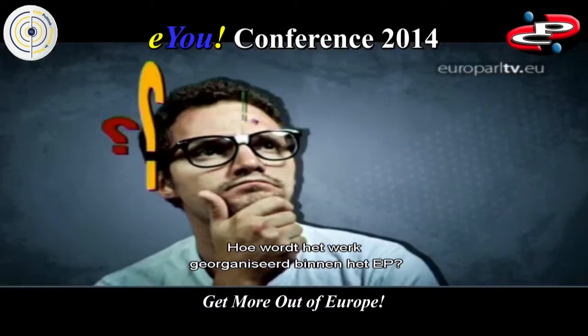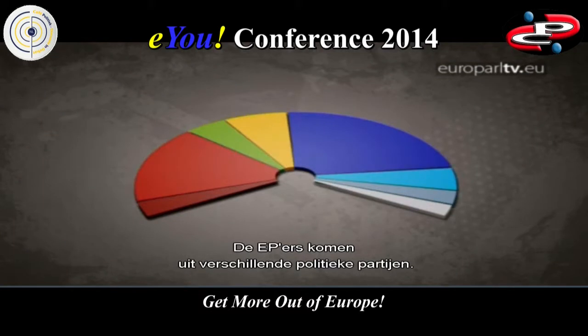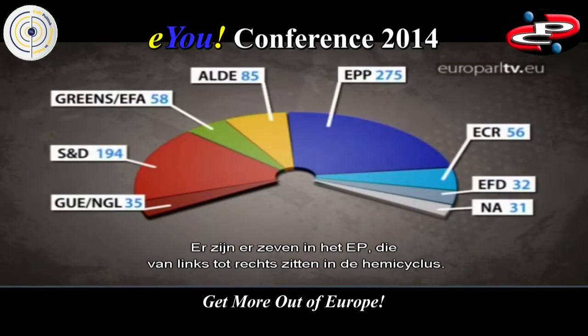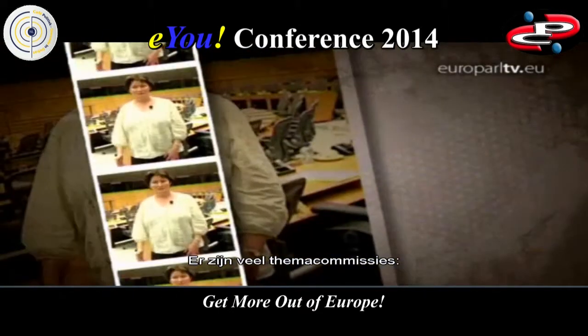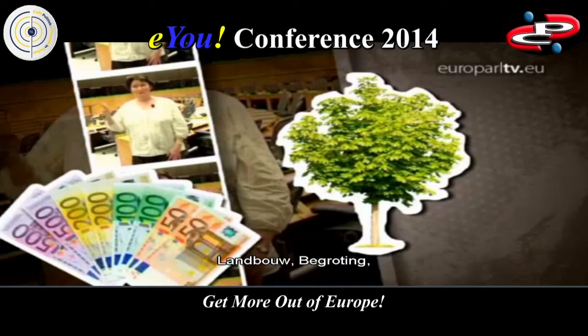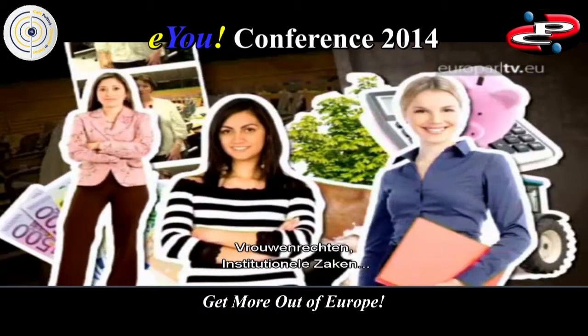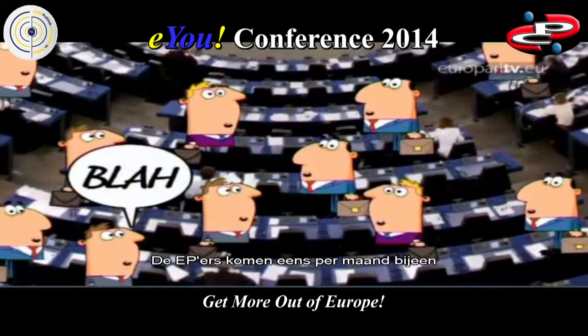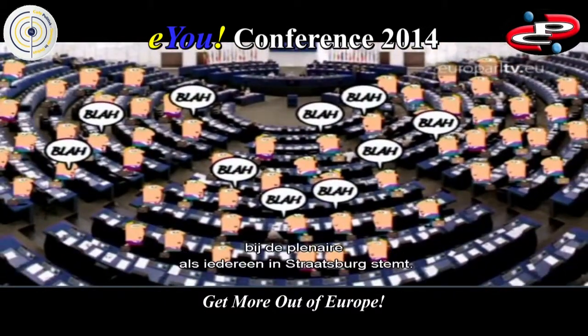And how is work organised within the European Parliament? As in any other parliament, the MEPs come from different political parties, of which there are 7 within the European Parliament, sitting from left to right in the hemicycle. There are many theme-based committees: an Environment Committee, Economic Affairs Committee, Agriculture Committee, Budget Committee, Women's Rights Committee, Institutional Affairs. Finally, members of the European Parliament only meet all together once a month during the plenary session, when everyone heads